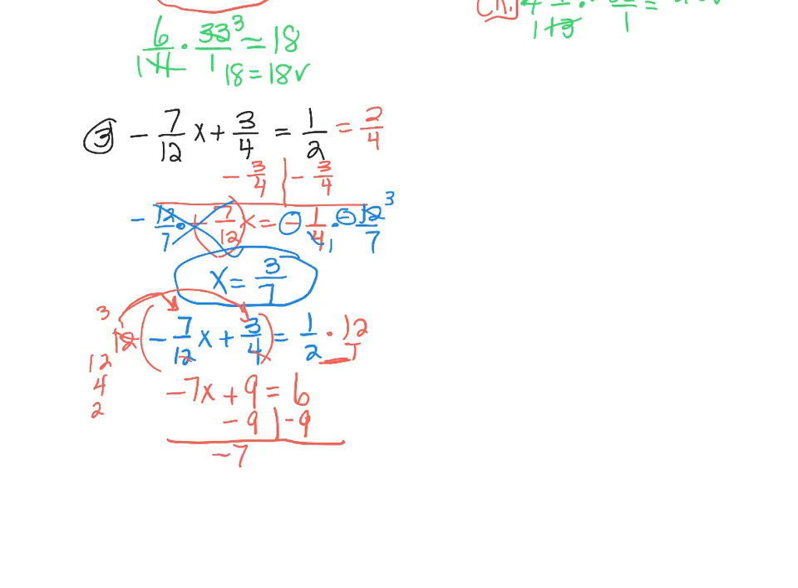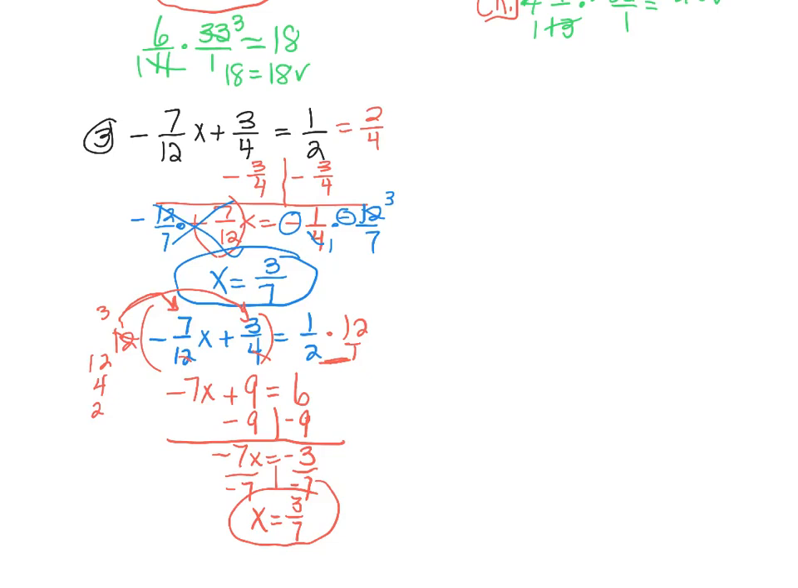And I get negative 7x equals negative 3. Divide both sides by negative 7. And I get x is equal to 3/7. Either way, you get the same answer. And I don't care which way you like to do it. It's an option. So if it says solve by clearing fractions and you like to use fractions, do it that